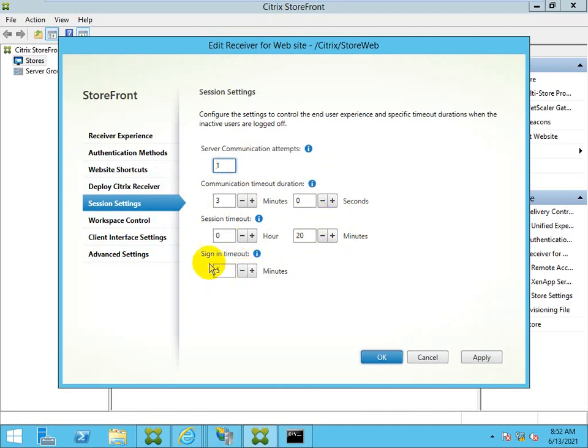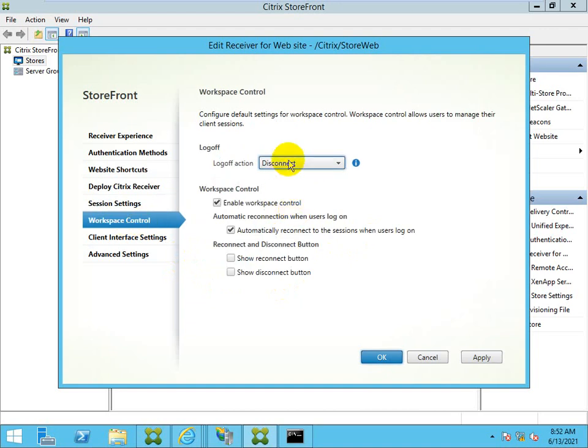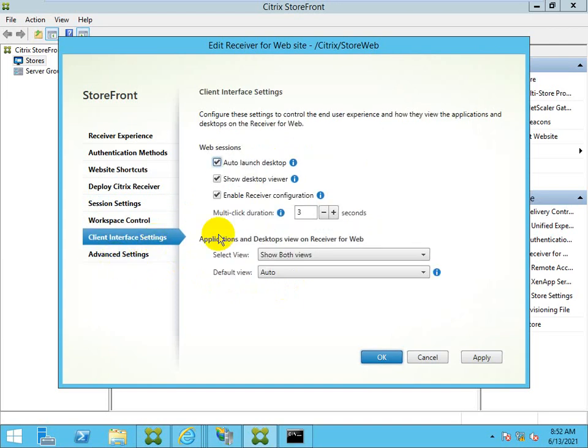Sign-in timeout is 5 minutes. Workspace control: the connect button, show disconnect button. And this one, client interface settings: application and desktop view on Receiver for Web, both views, or auto-launch desktop, and this is the default setting.